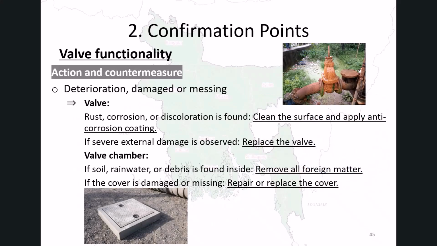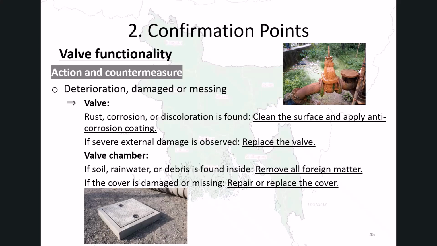If deterioration, damage, or missing components are observed, the condition of both the valve and the valve chamber must be checked. For valves, if rust, corrosion, or surface discoloration is found, the surface should be cleaned and an anti-corrosion coating applied. If severe external damage is observed, the valve should be replaced.